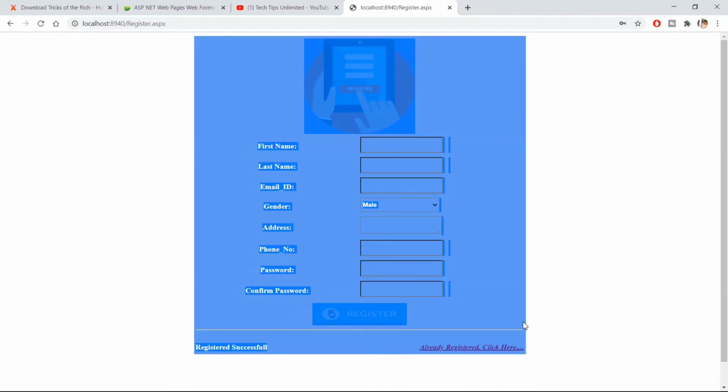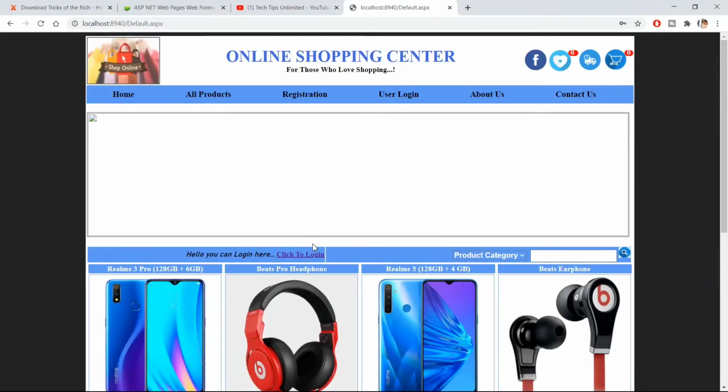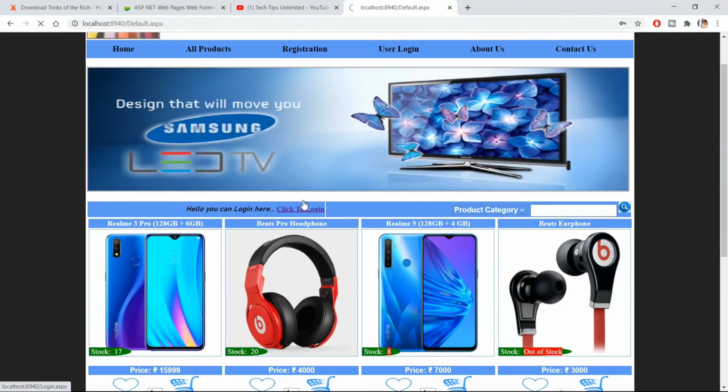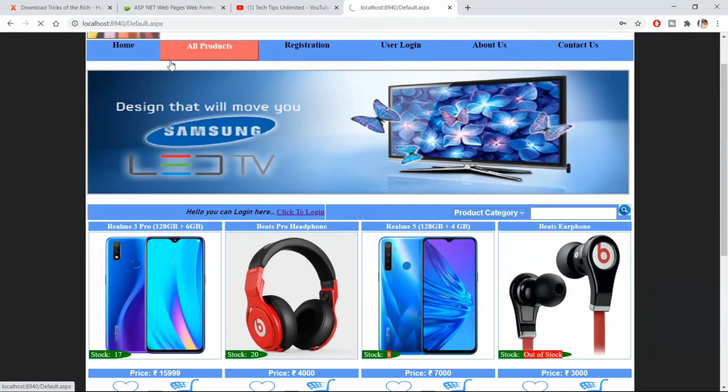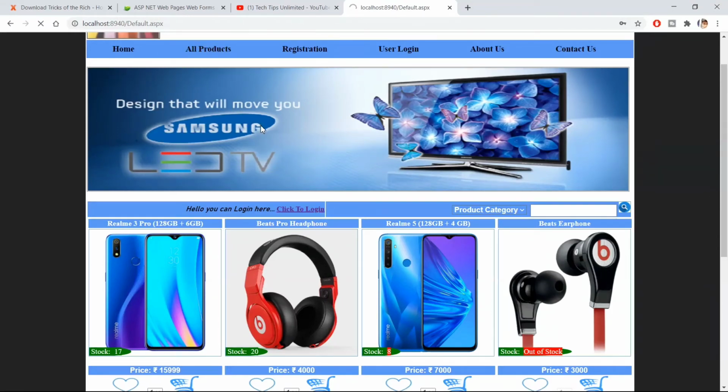So this user has been registered and is now a normal user who can log in and view all products as well as purchase those products, right? So now let's log in and check, when he's registered for the first time, after login which page he will be redirected to.